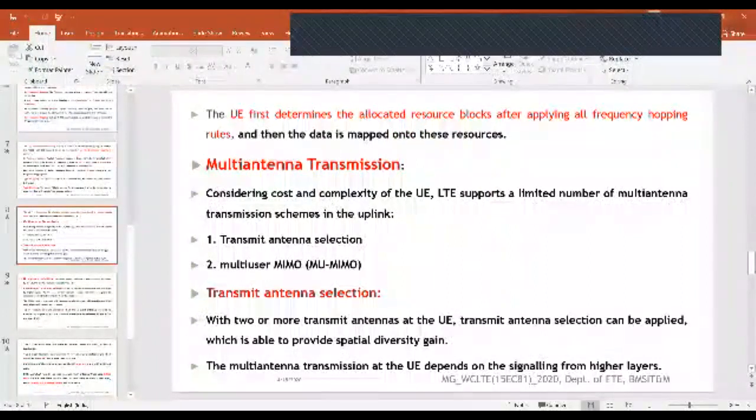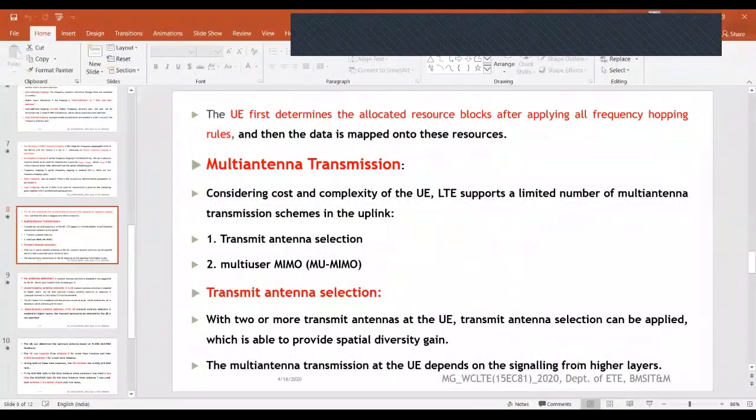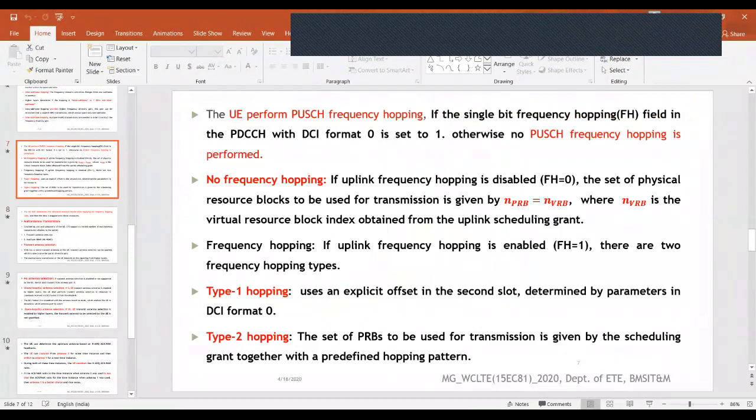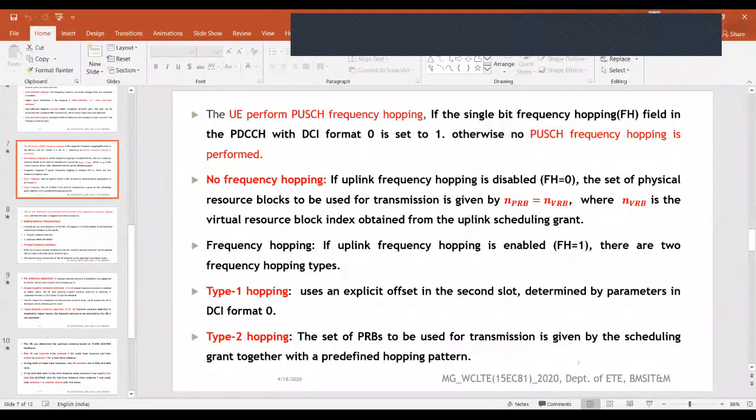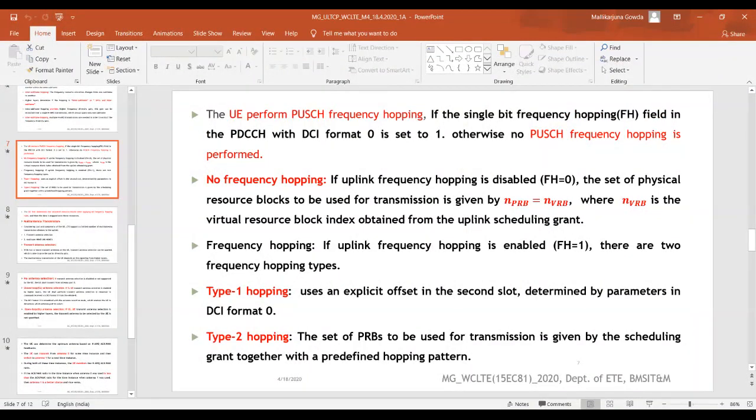Fine. So as I said, I was telling about this frequency hopping. The user equipment performs physical uplink shared channel frequency hopping depending upon the value of FH, whether it is 0 or 1. If it is 1, it is enabled. If it is 0, it is disabled.